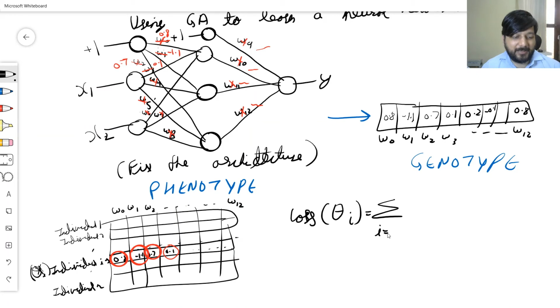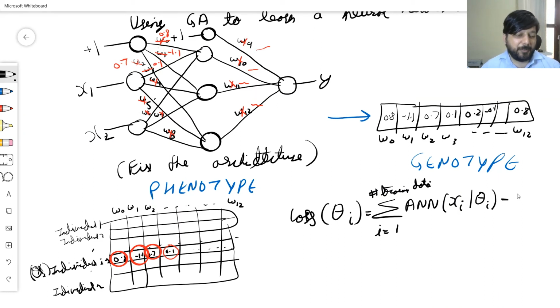So that's I equal to 1 to the number of training data. So this neural network, let's call the function ANN, applied on the training data xi, given the weights theta I,